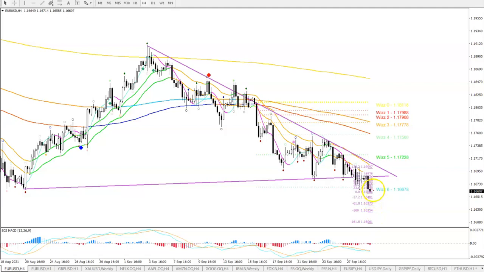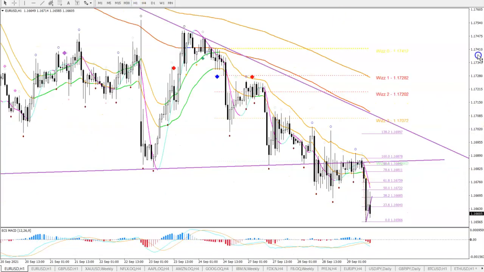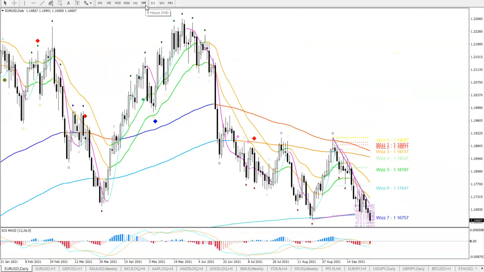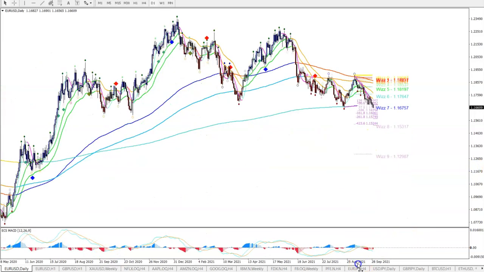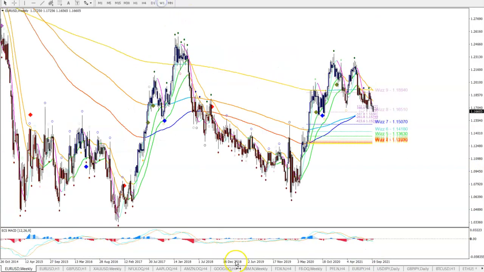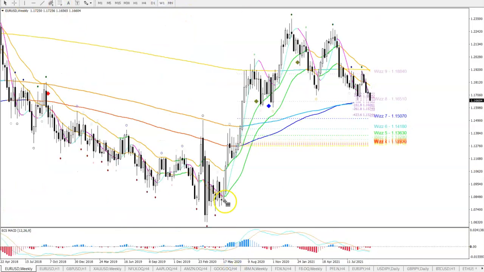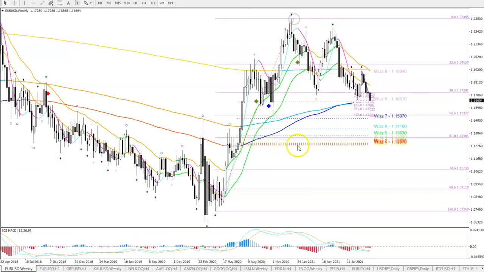On lower time frames, of course, there could be pullbacks. But ultimately, on an hourly chart, I would expect lower lows within 5 to 6 candles. If we don't get lower lows within 5 to 6 candles, it could indicate a bigger type of correction on this time frame. If it gets to those zones, then the targets are being hit, and we have to see how price responds to them